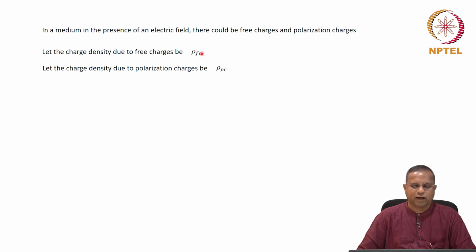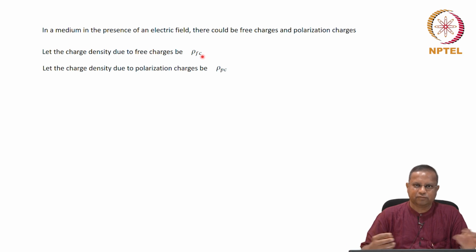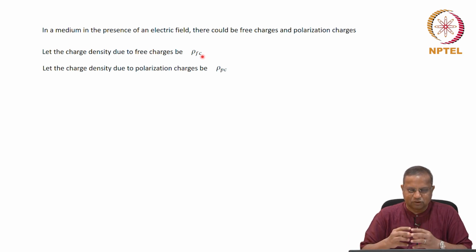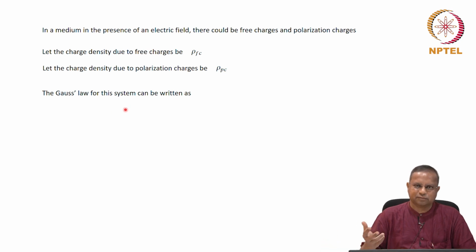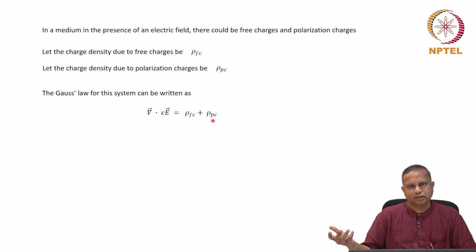Okay, so you have two contributions to the charge density, and we have made many developments based on that concept of charge density. So we are going to modify that fundamentally. Okay, earlier it was just rho. We didn't worry about a polarization charge. Here we are going to take into account explicitly free charges and polarization charges. So Gauss's law can be written as, because there are two contributions to the charge density, del dot epsilon E equals, instead of rho, rho Fc plus rho Pc. These are charges, these are additive. So rho Fc plus rho Pc.